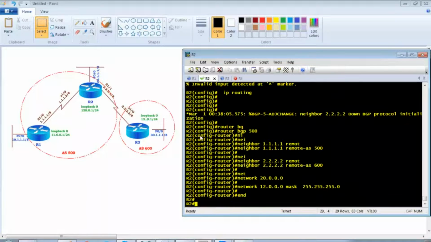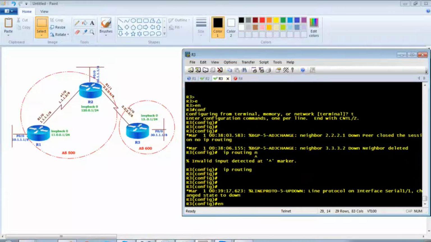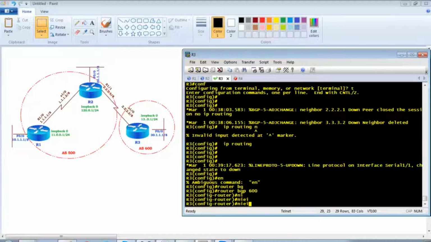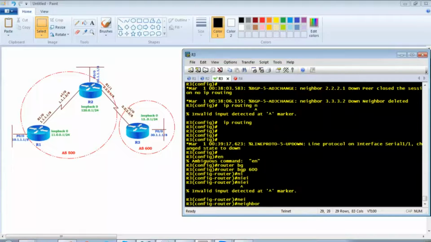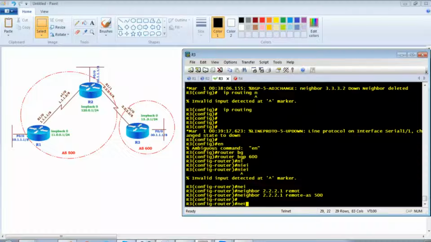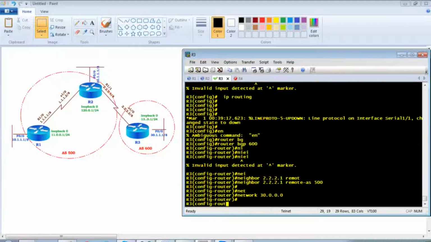Done. Going to router 3, I'll configure router BGP 600, which is my external BGP neighbor. Now I'm going to say neighbor 2.2.2.1, remote AS is 500, and then I need to say network 30.network, and then